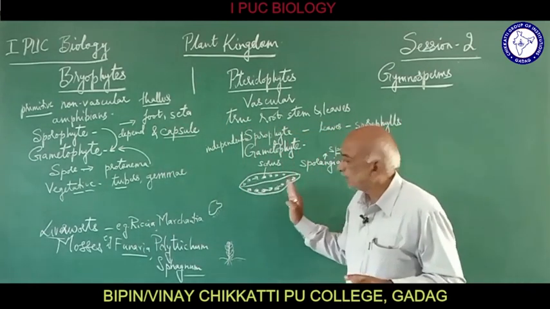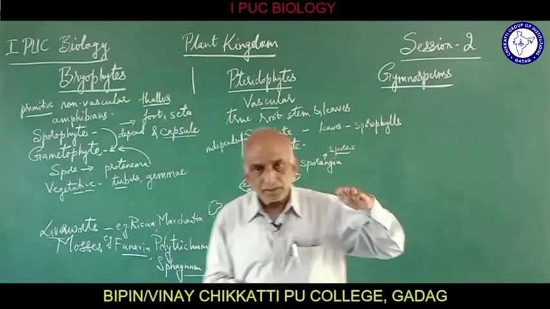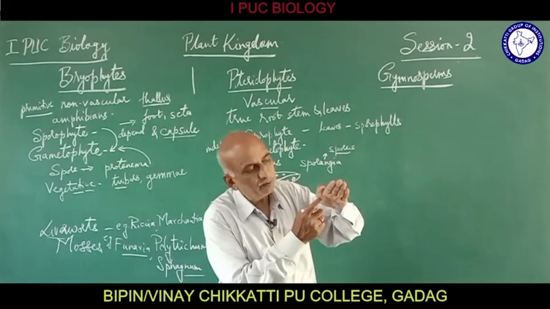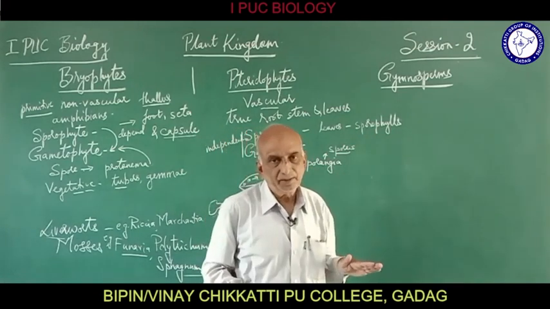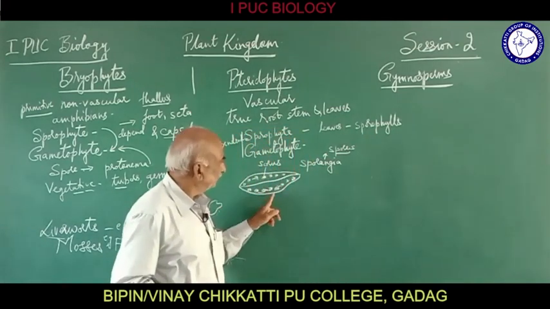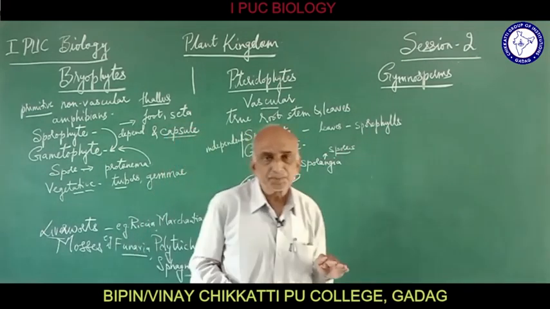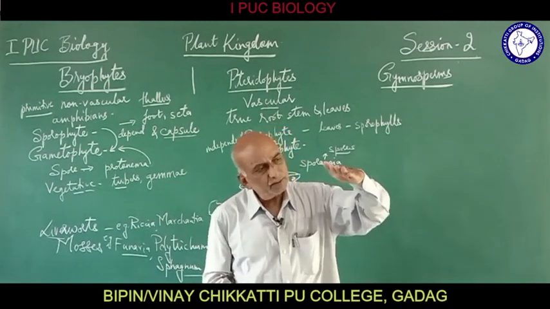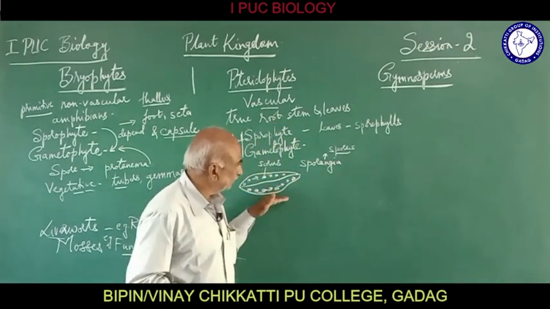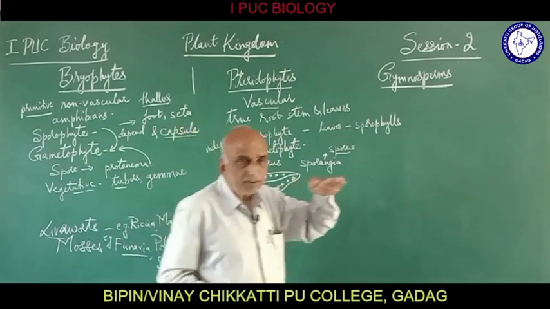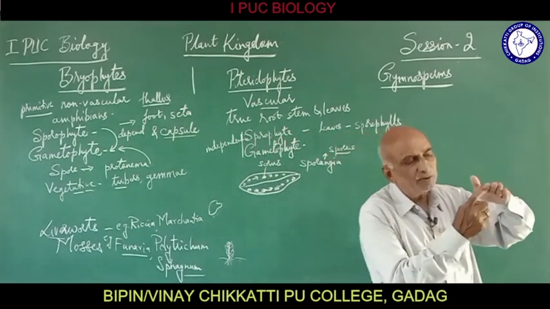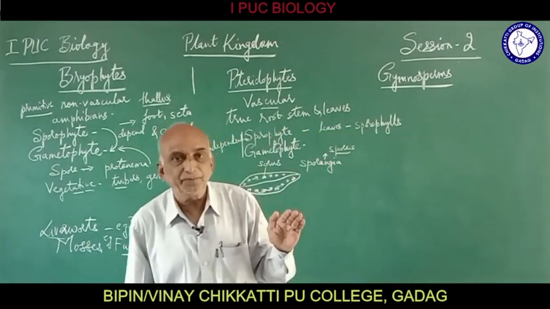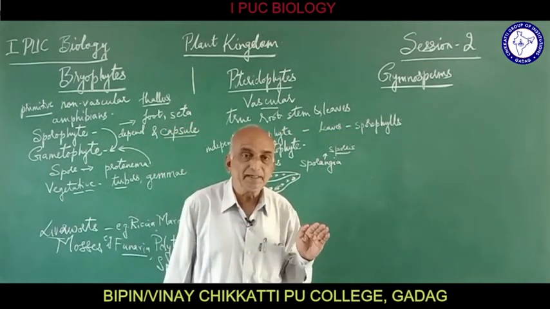So these leaves, we call them a sporophyll only when they produce the sori and the sporangia. That is what sporophylls, sporangia and sori are. Now the sori are produced only on the lower part of the leaf, the sporophyll. So just by seeing the leaf, we can identify that it is a pteridophyte.